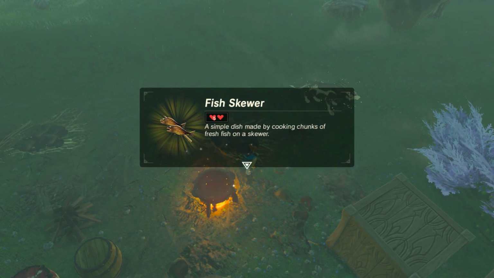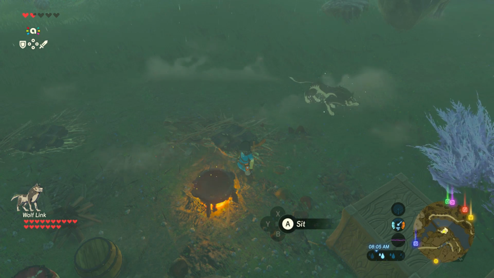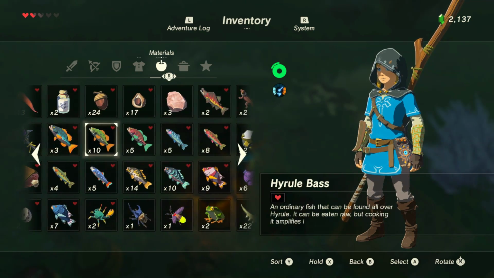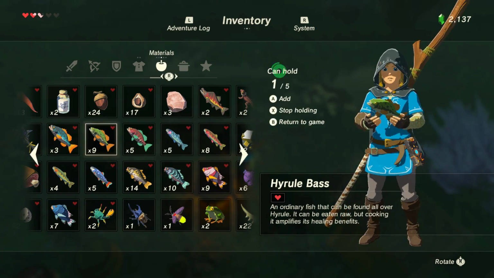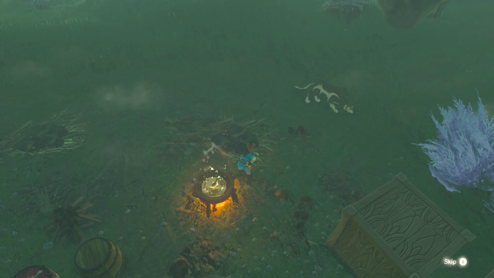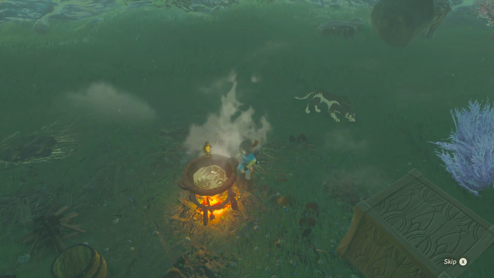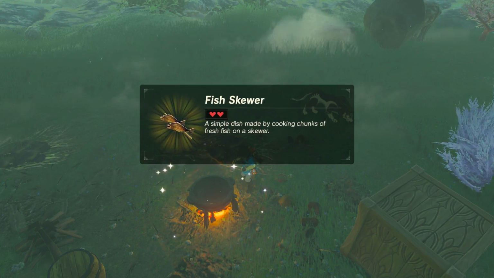Fish skewer! Fish skewer. Yeah, actually, that's pretty good, because I really don't have that many hearts right now, so it's not that big a deal for me. I don't really know what you could put with fish. I guess you could put, like, a mushroom in there or something. What happens if you just use one fish? I don't know. Survey says...